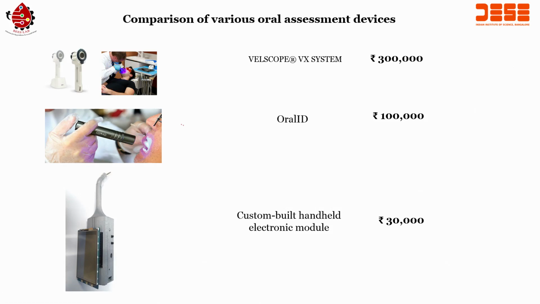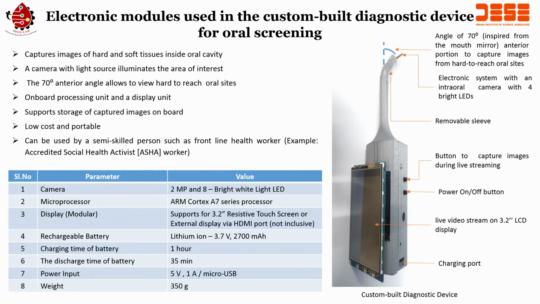Oral ID, as you can see here, can be used for focusing on a certain region, whereas we have our own device that can be used for hard to access regions. You can see the images on the display itself, so you do not have to really worry about the images. The quality of the image is really good. We are using an autofocus camera, we have bright field, we have fluorescence imaging, and all these things we can do very easily.